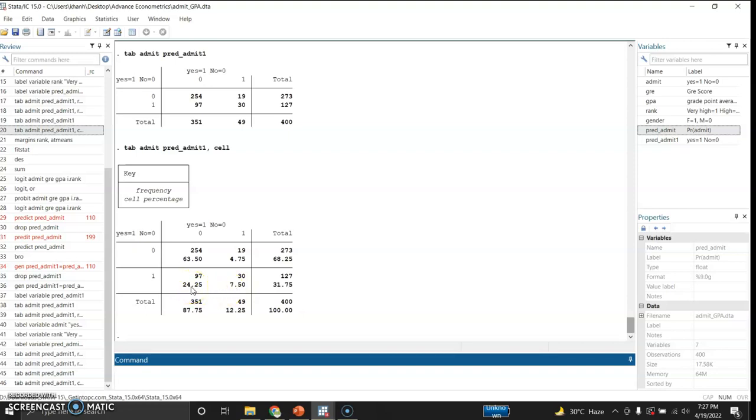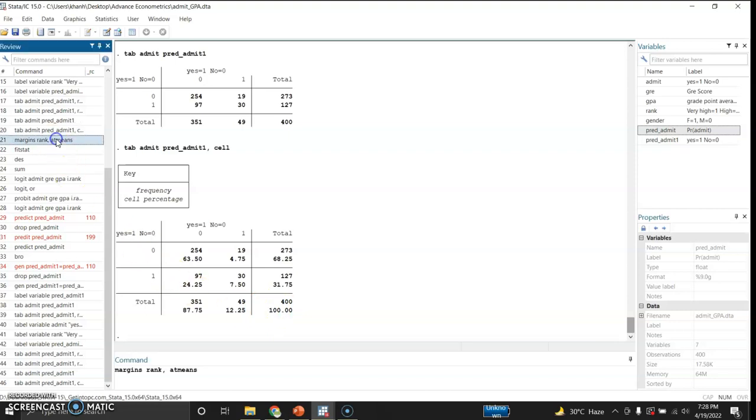And 24.25 were those who were actually admitted but these were predicted as not admitted. And 351 were those which were predicted as not admitted, which constitutes 87.75%. And 12.25% were those who were predicted to have been admitted. And this shows us the total number of percentages.